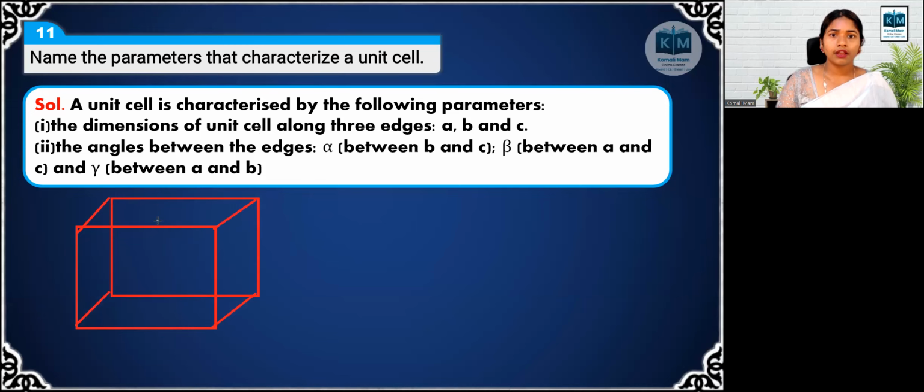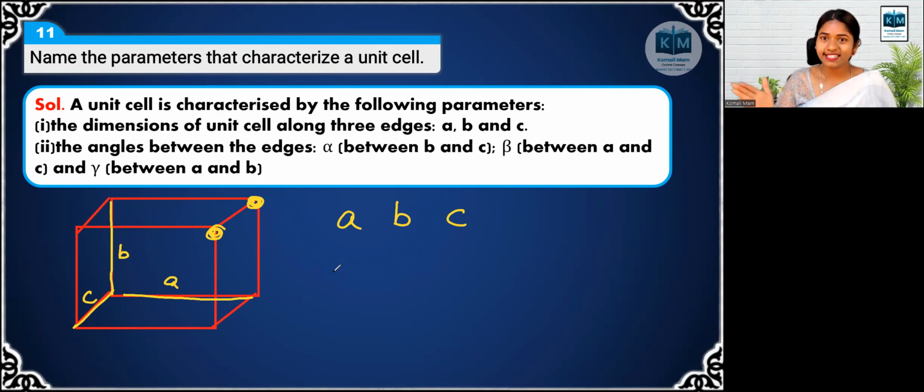Now, here I have one atom here, one here, one here, one here, like that: corners and face centers, depending on that. I want to tell you that this length will be A, this edge length will be B, and this edge length will be C. The total 3 edge lengths are length, width and height. Now, A, B, C are the actual distances.